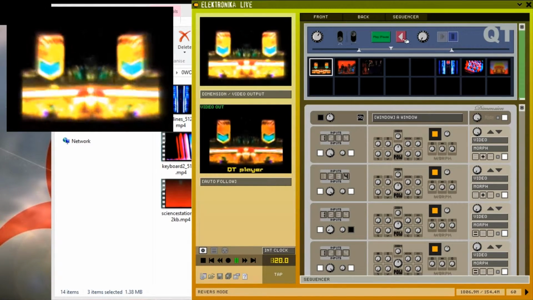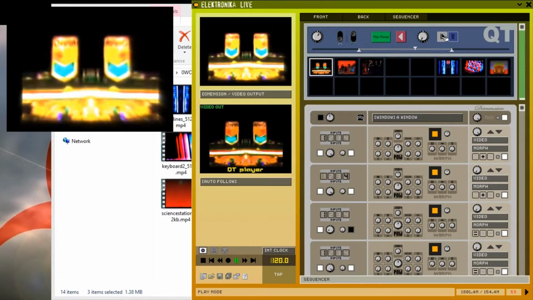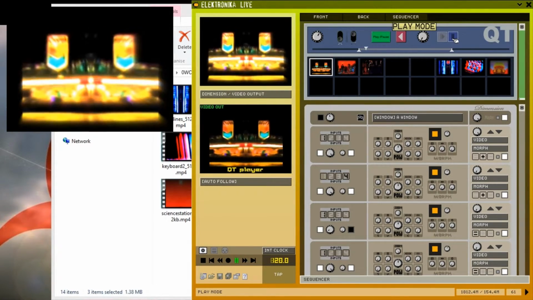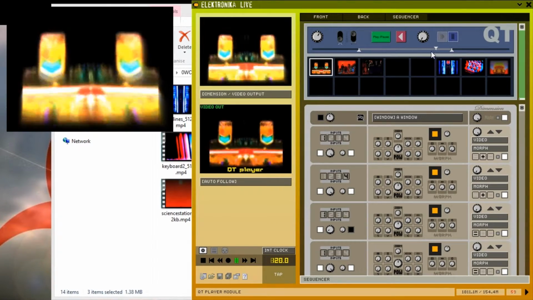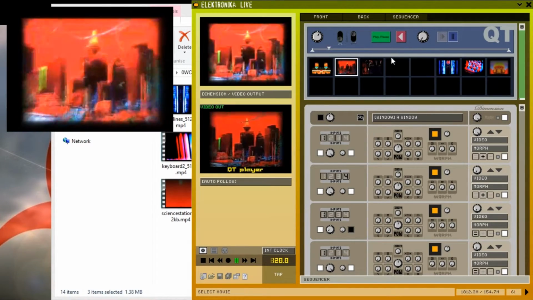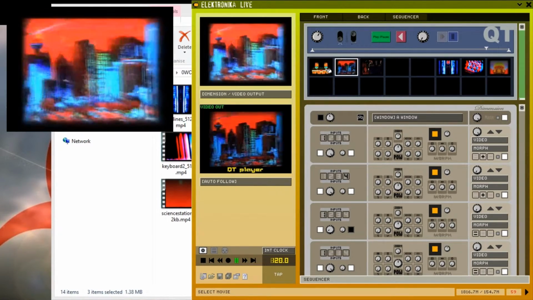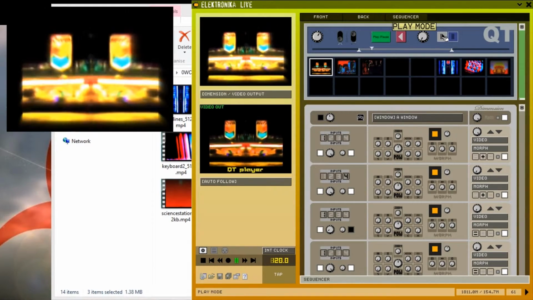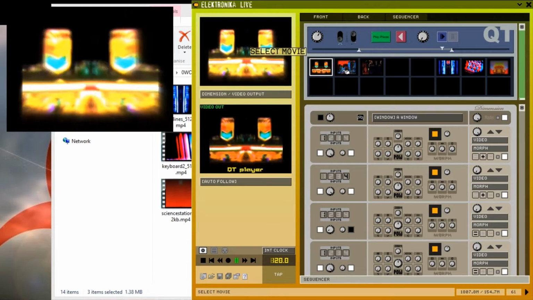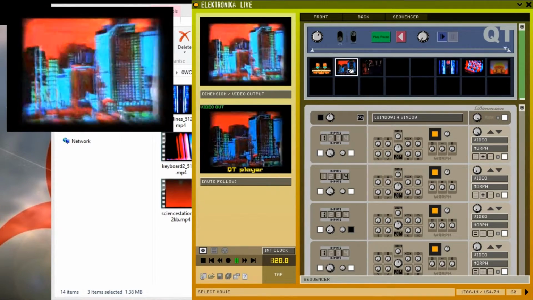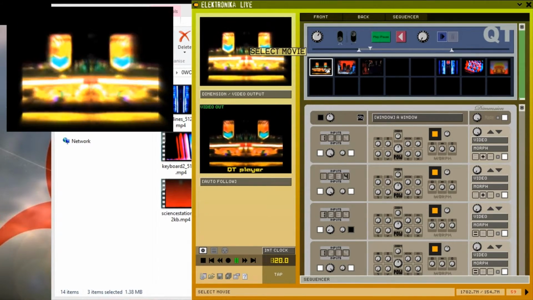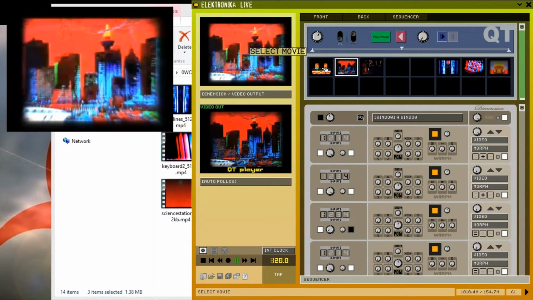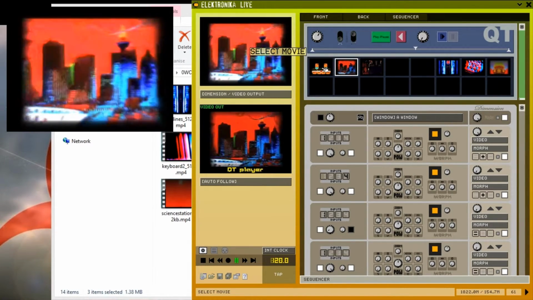Finally, the last control controls the launch mode of the clips. By default, this is set to pause. So when you switch between one clip to another, the previous one pauses where it was. Then when you switch back, it will resume playing from that point. If I switch this to start mode, then every time I switch between a clip, the clip will play from the beginning. This behavior also applies to the module's play pause button here.